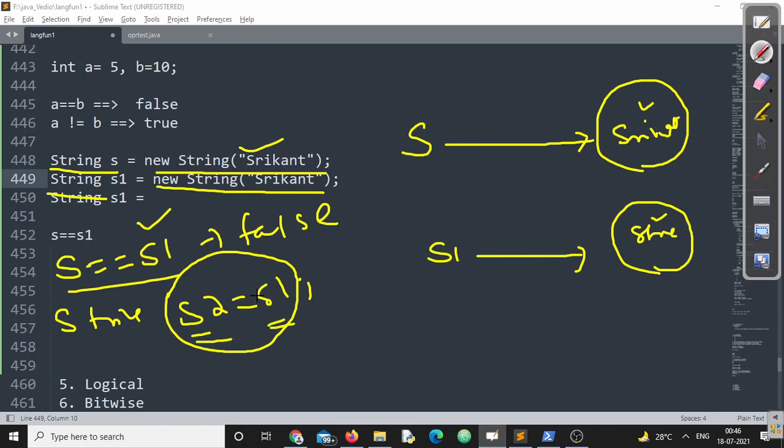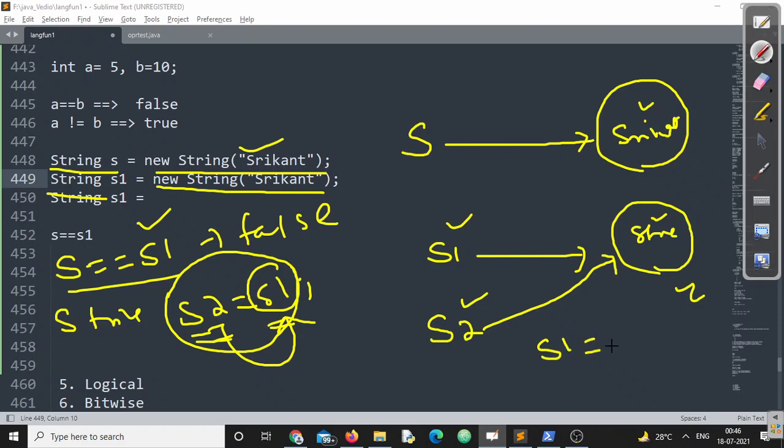That means S2 will be referring to the same location where S1 is referring, right? Now S2, a variable is created that will point to the same location where S1 is pointed. That means S1 and S2 both are referring to the same object. Now, if I am comparing S1 and S2 together, immediately my JVM will say no problem. Since they are referring to the same object, the answer will be true.